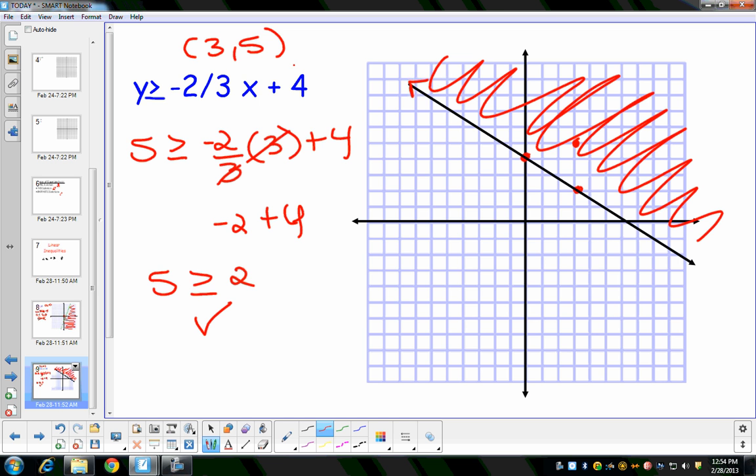So that means the solutions to this inequality here are all in this area right here, or they could also be on the line because of